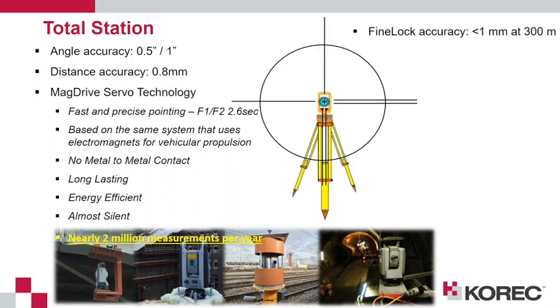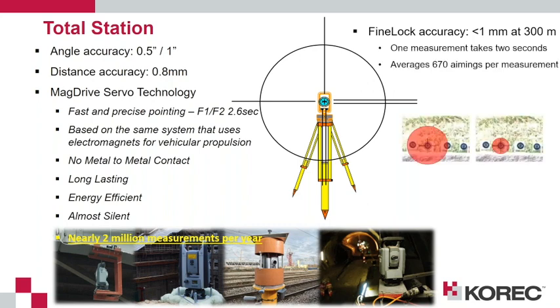I mentioned also about FineLock. FineLock is not just important because it narrows the analysis beam, but also for accuracy. So when we're looking at FineLock total stations, they will shrink the analysis beam when they're looking for targets. So you're much less likely to lock onto the wrong target. This is particularly important when you look at measuring targets obliquely, but also when it's taking aimings onto the target,